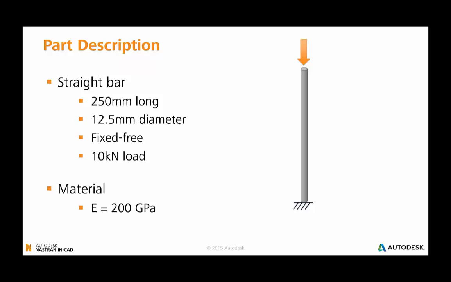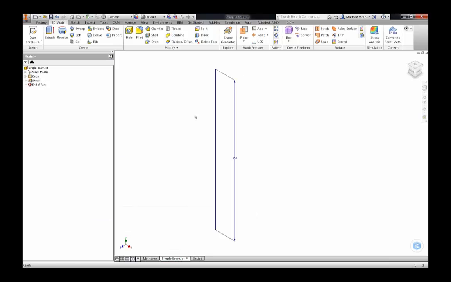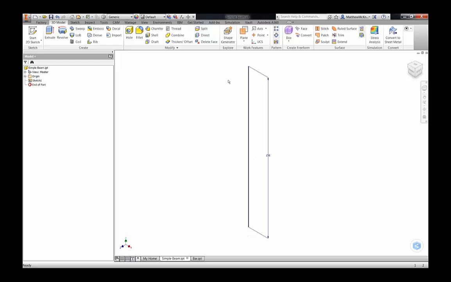So let's jump into Inventor and have a quick look at how this works. So we've got a bar that's been set up. Now we could run the analysis on the bar using mesh elements, a solid mesh, but what I want to do is actually represent this in a slightly different way and represent it as a line element. So in this case, there's really no need to create the geometry,